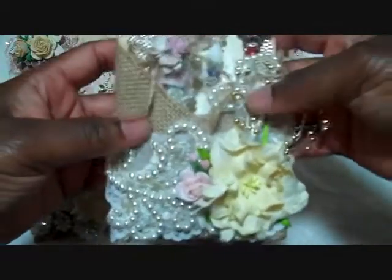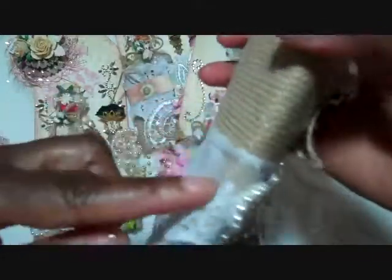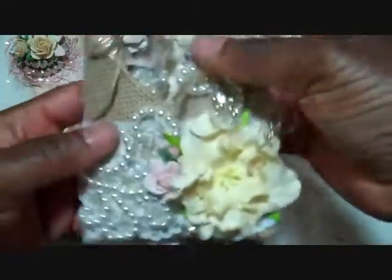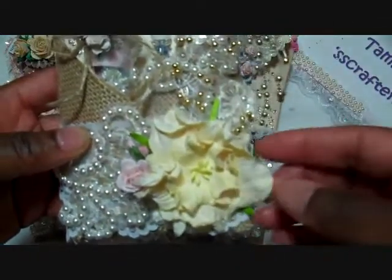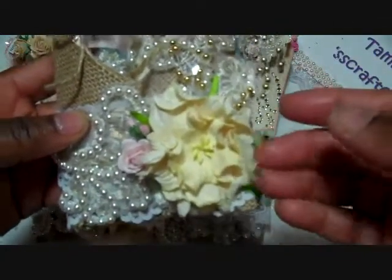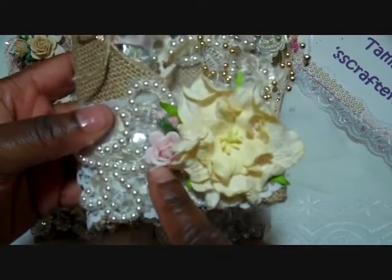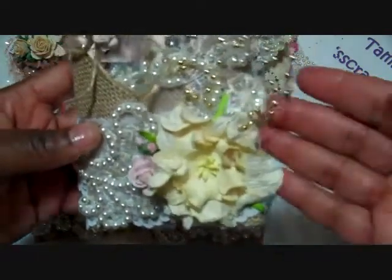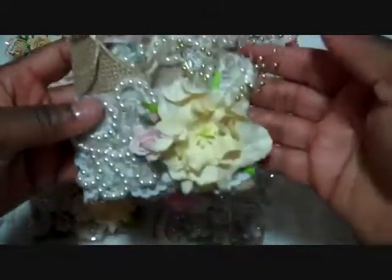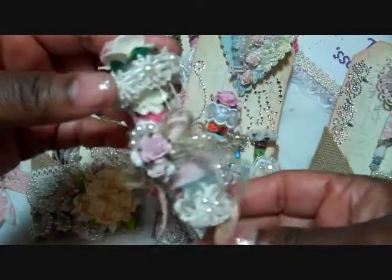So I used the DCWV burlap paper, and then I added some lace. I added 2 layers of lace. I added a wedding applique, some gold pearl sprays, and here is the 40 millimeter Ivory Gardenia, and then the 20 millimeter open rose in the pink mist, and then some of the pastel rosebuds. So beautiful. And inside I have a test tube that I altered, and I just added some trim from my